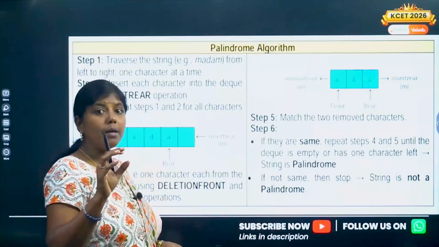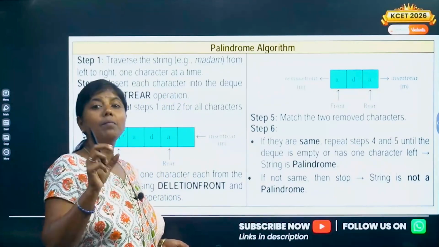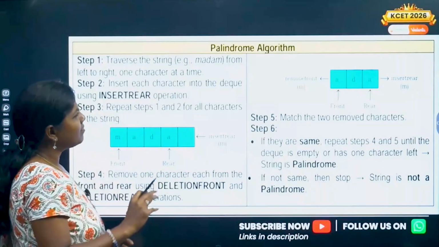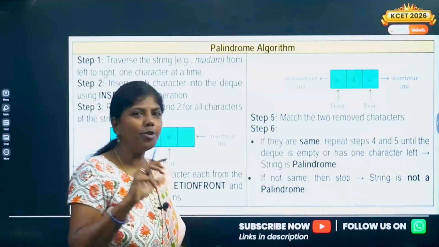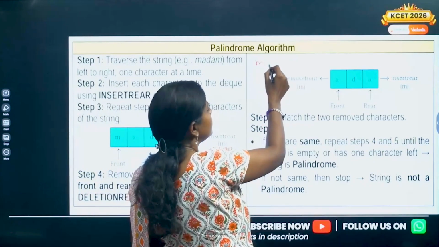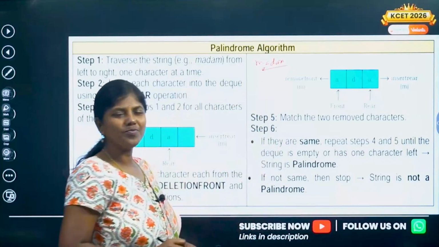It's basically an application of stack only. Okay, and now we'll learn the application of deque also. So what is an application of deque? Very simple: to check the palindrome. Let's consider a string called madam. I've taken madam. If you reverse it also, I'll be able to read it as madam only.